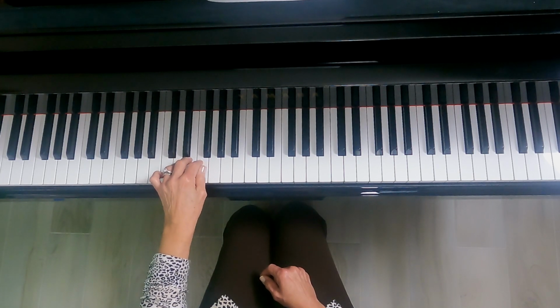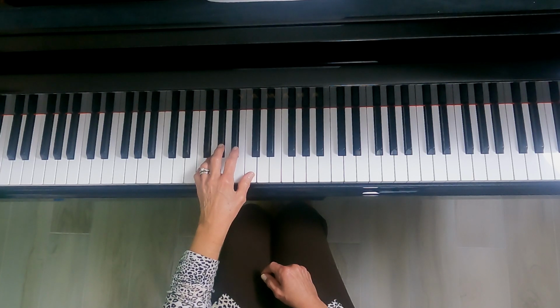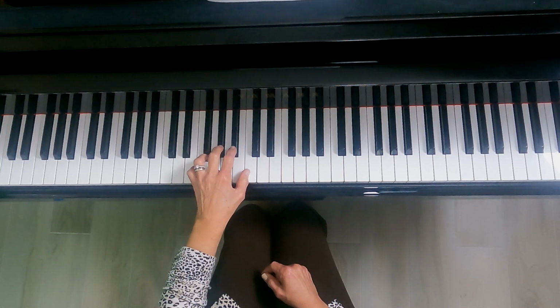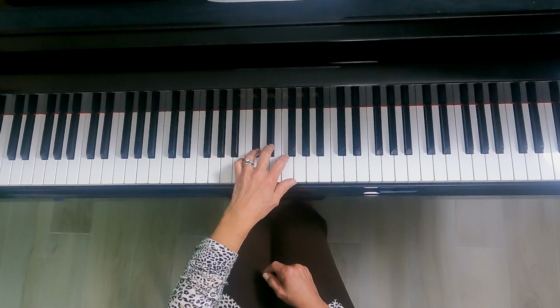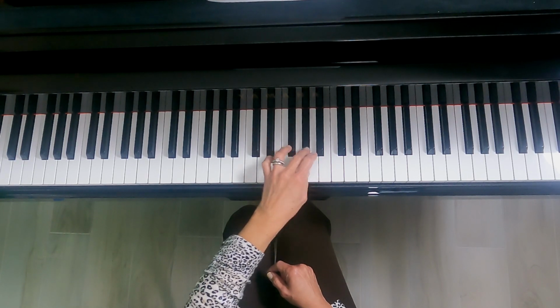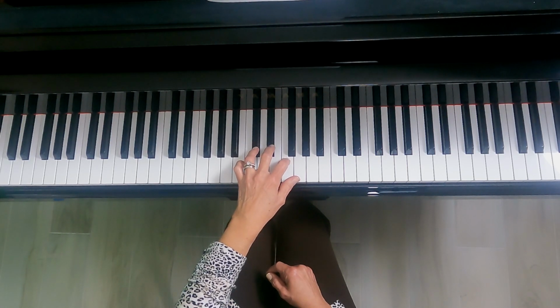Good job. Now to apply this exercise to another scale, such as A flat major, again, you simply want to determine where the 2, 3, 4 position is. For example, here in the A flat scale, you have a B flat, E flat, A flat, and D flat. You begin with your 3rd finger on the A flat. Then your 4th finger comes over on the D flat. Here's your E flat with the 3rd finger, F with the 2nd, thumb on G, and then your 3rd finger over again. Your 2, 3, 4 position here is D flat, E flat, and F, with your thumb playing G